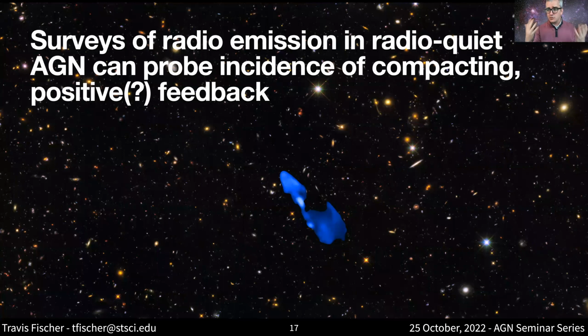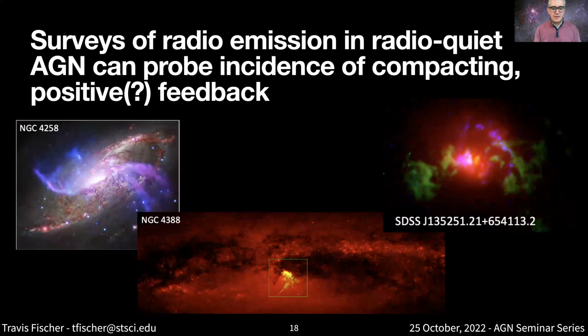So if you have a survey of AGN that you don't have any other wavebands for, you can at least use the radio and see if it's extended, to see if the AGN winds are doing anything to the host galaxy of significance. This could give us some idea with models of how often the AGN should actually be doing something to the host, and they can incorporate this to have better evolutionary models. And then, here are some ideas of galaxies that look like they potentially could be affected by some sort of positive feedback.